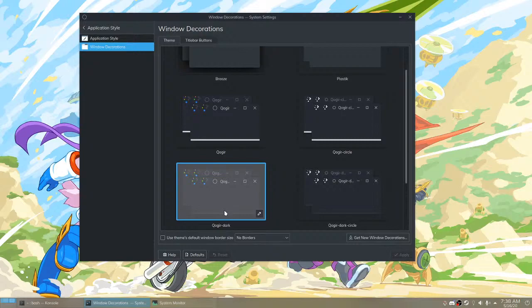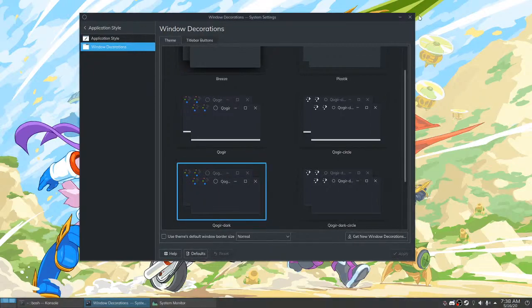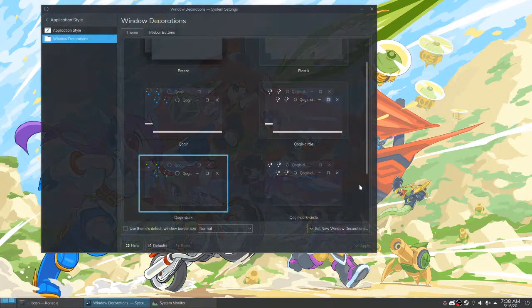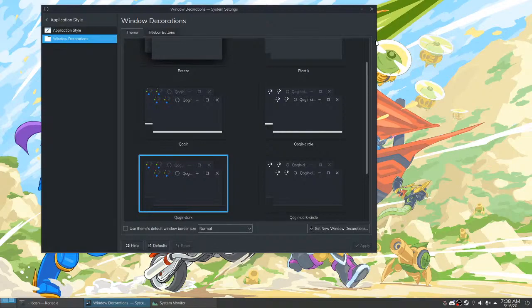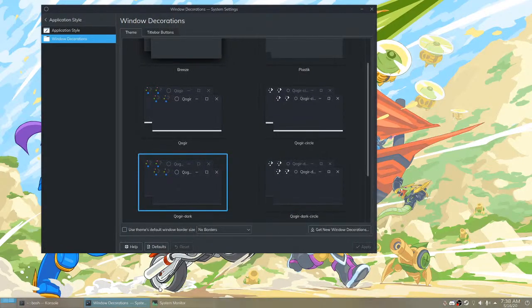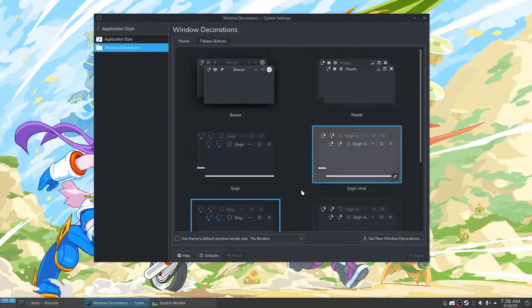So I use Qogre. Somebody's probably corrected me, but I also turn the borders off because I believe that this is expecting some sort of styling engine, and if there are borders, you can see it's kind of broken. You see that right at the bottom? The border comes down and then it changes color. I think there's supposed to be some sort of fancy shadow, but I don't have whatever it needs, and I don't like it, so I'm just going to turn it off. Boom. If you recall, they turned the gradient off by default. Doesn't matter to me anymore. I don't use it.